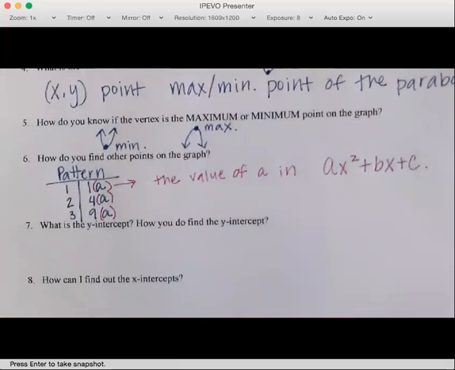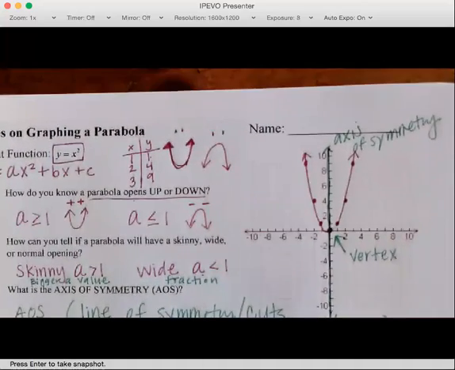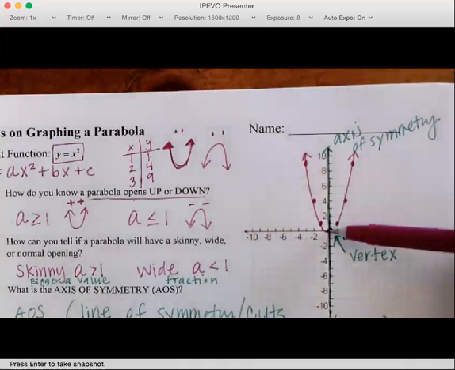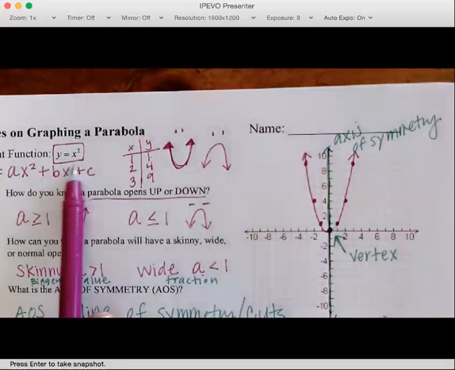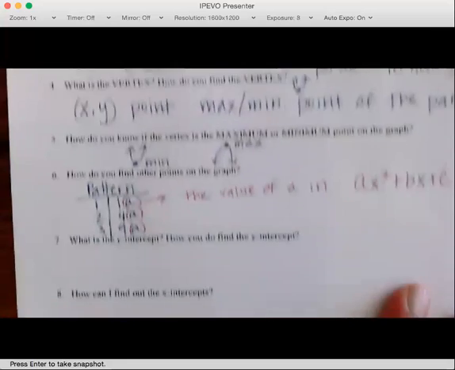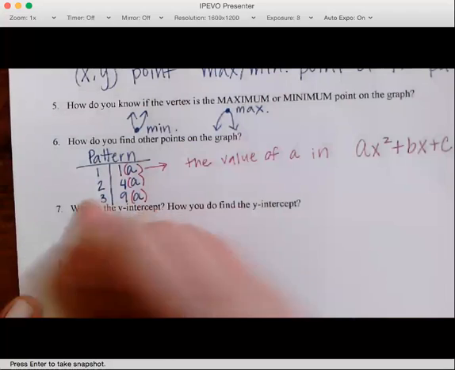So what is the y-intercept and how do I find the y-intercept? So your y-intercept is always going to be where it crosses this y-axis. Where does it cross? So in this case, it's 0, okay? And the reason why it's 0 is because it is your c value. In this case, we had no c values. C value was 0 because you only had an x squared. So your a is 1, your b would be 0, and your c would be 0 in a parent function. Okay, so over here, your y value would be 0, comma c, and it's where